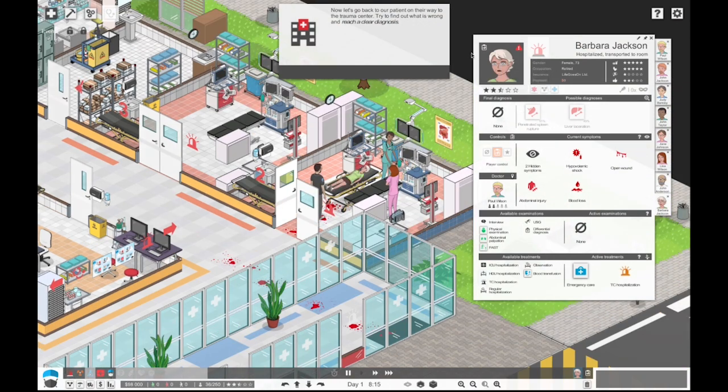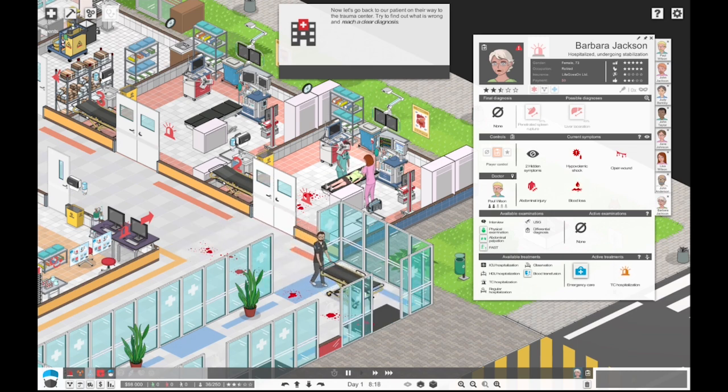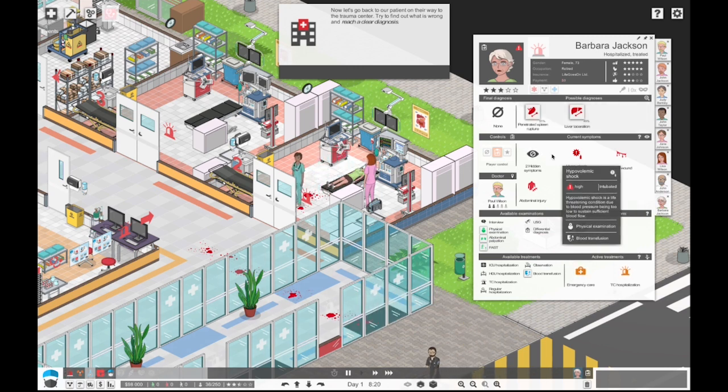I'm going to try to find out what's wrong and reach a clear diagnosis. Oh, look, lots of blood. Lots and lots of blood. 2 hidden symptoms. Alright, so first,